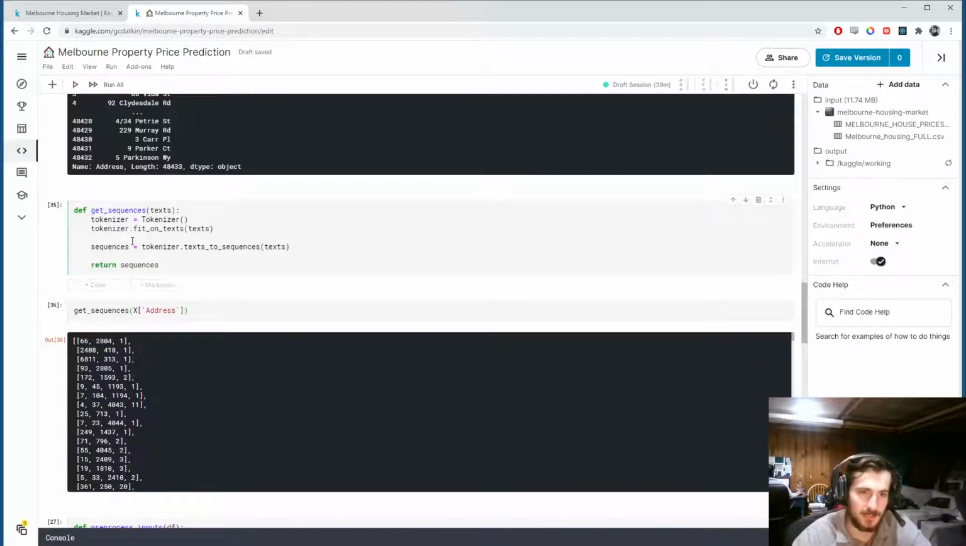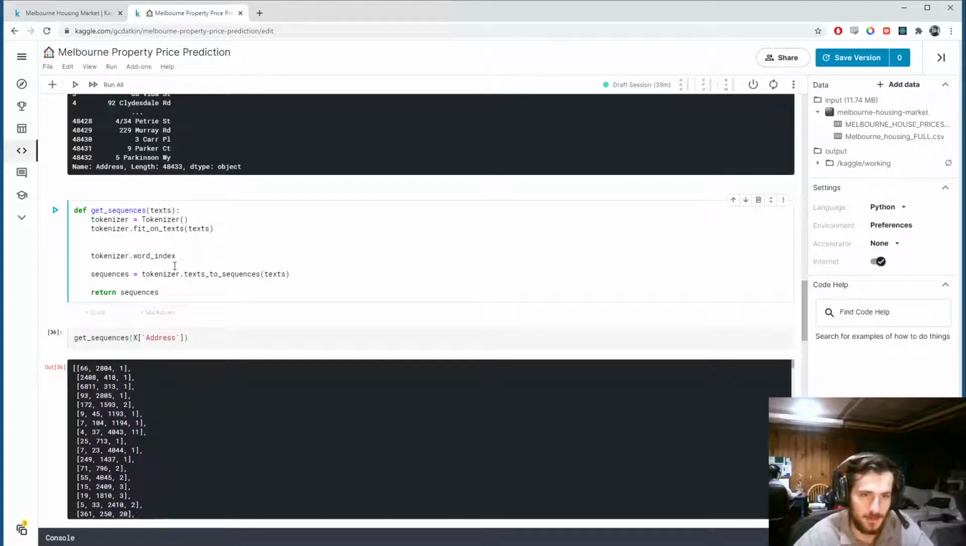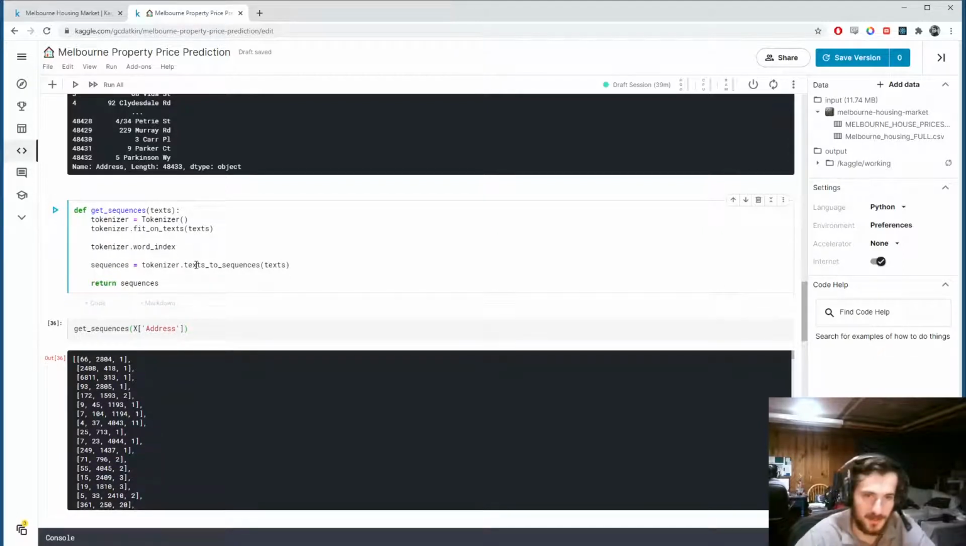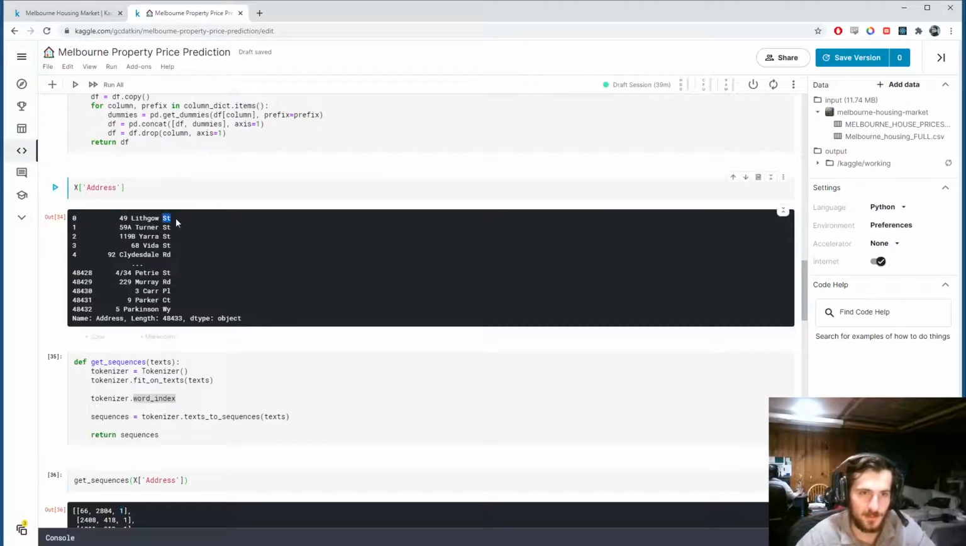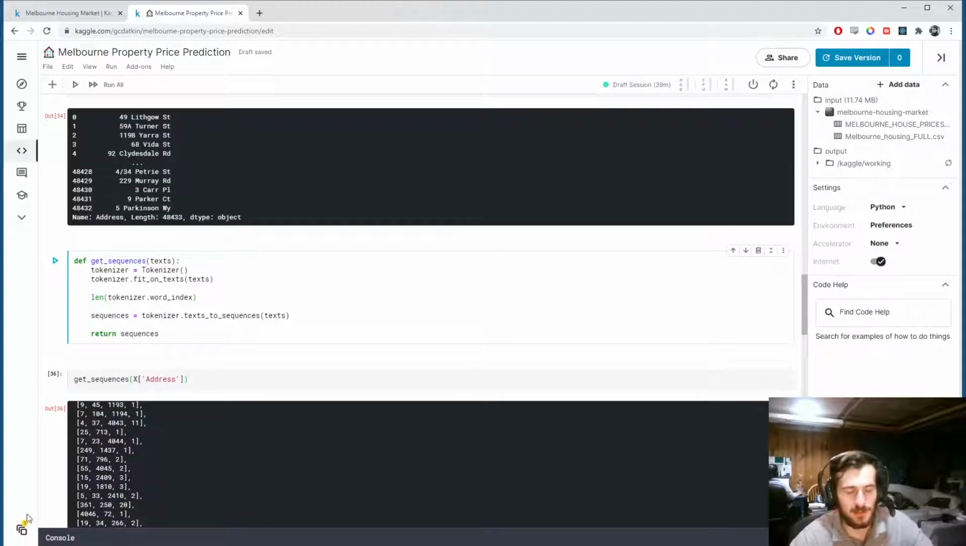And we can actually get an index that describes the ranking of each word from tokenizer.wordIndex. And I'm not actually going to look at it, but that's essentially just a mapping from each value to its corresponding word. Now if we get the length of this, we'll actually get the total number of unique words in the